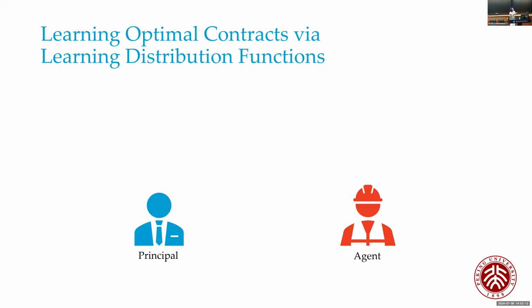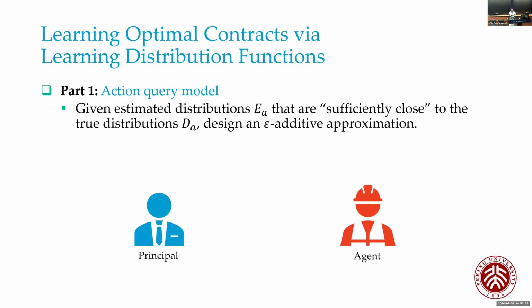So now here comes our algorithms. We are trying to learn the optimal contracts while learning the distribution functions of the instances. So it consists of two parts. In the first part, we consider a very simple action query model. So in this model,